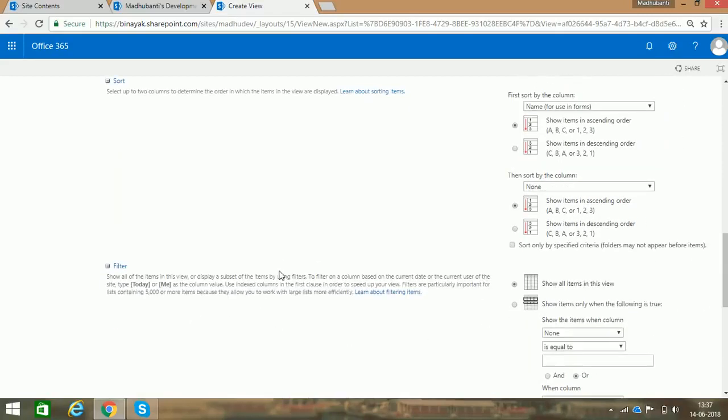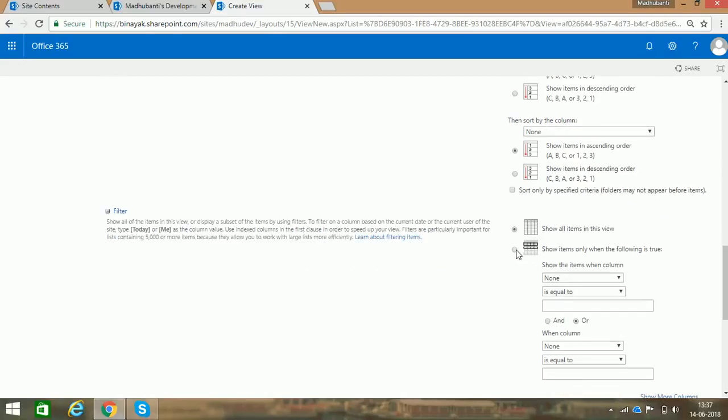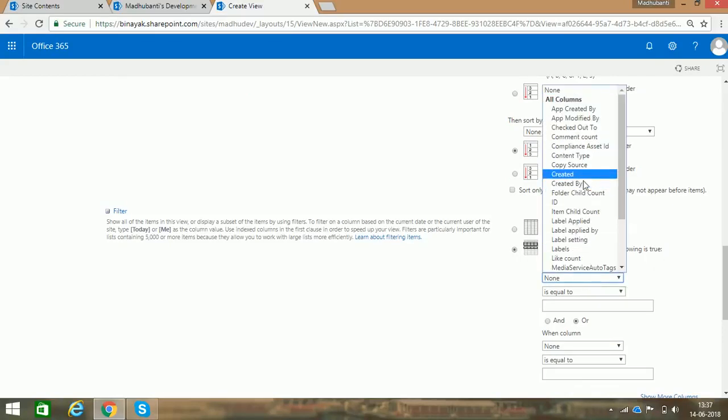And the next option is the filter option. In the filter option, there is an option to show all items in this view. I'm not clicking on this because it shows all the items, but I'm choosing the next one, show items only when the following is true. There is an option and I have to choose one column from here.